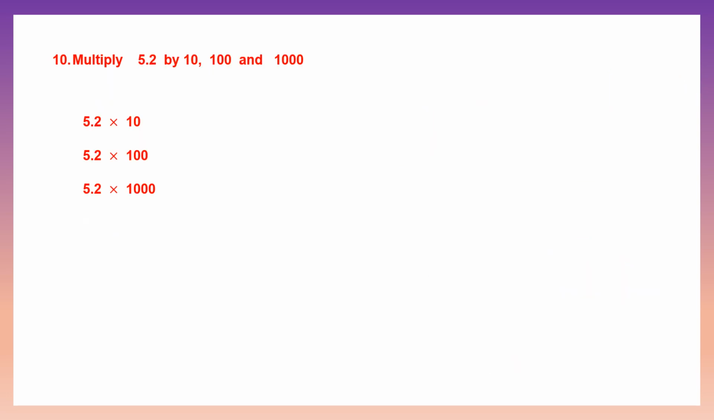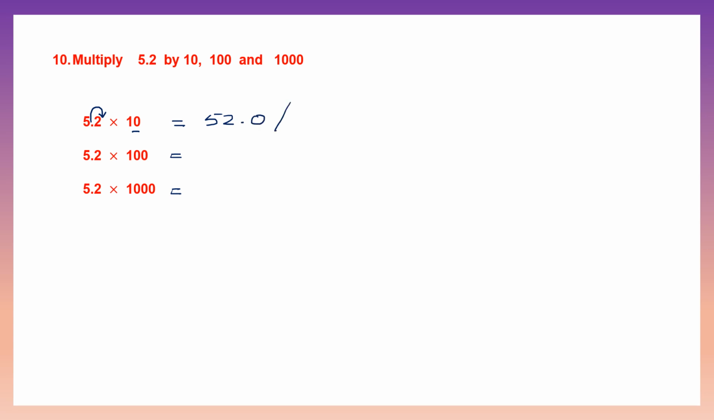Question 10. Multiply 5.2 by 10, 100 and 1000. So 5.2 into 10, 5.2 into 100 and 5.2 into 1000. Now when we multiply by 10, 100 and 1000, we simply have to move our decimal point to the right, depending on the number of zeros. So here we have 1 zero, the point will move 1 place to the right. So this becomes